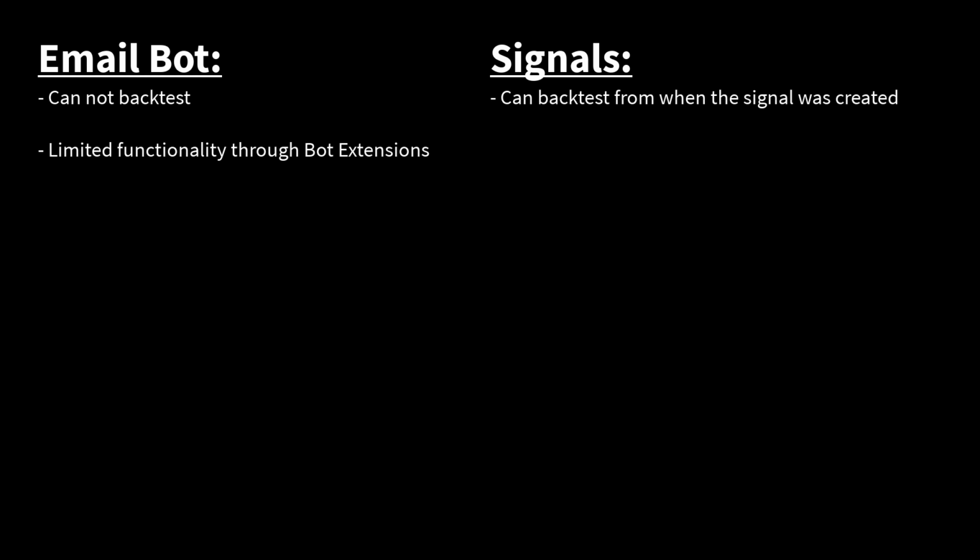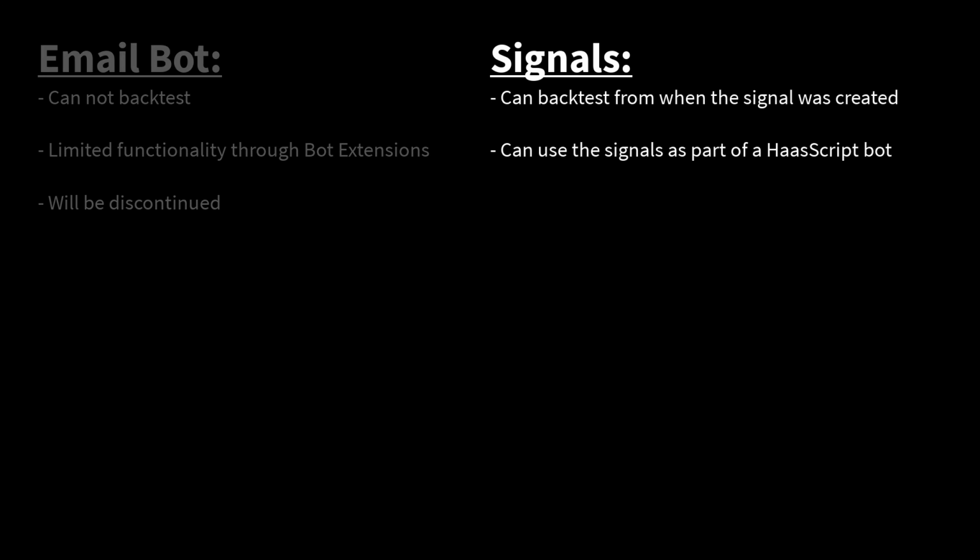And also, this will be a succession of Emailbot. Emailbot compared to this system is a bit wonkier and inflexible. You couldn't backtest the signals coming to the Emailbot. You had very little additional options or logic that you could add, but now you can use these signals from TradingView or another platform that uses webhooks, and instead of simply trading based on those signals, you could incorporate it further into your strategy. Emailbot will soon be discontinued, so I highly recommend you to switch to this signal system.